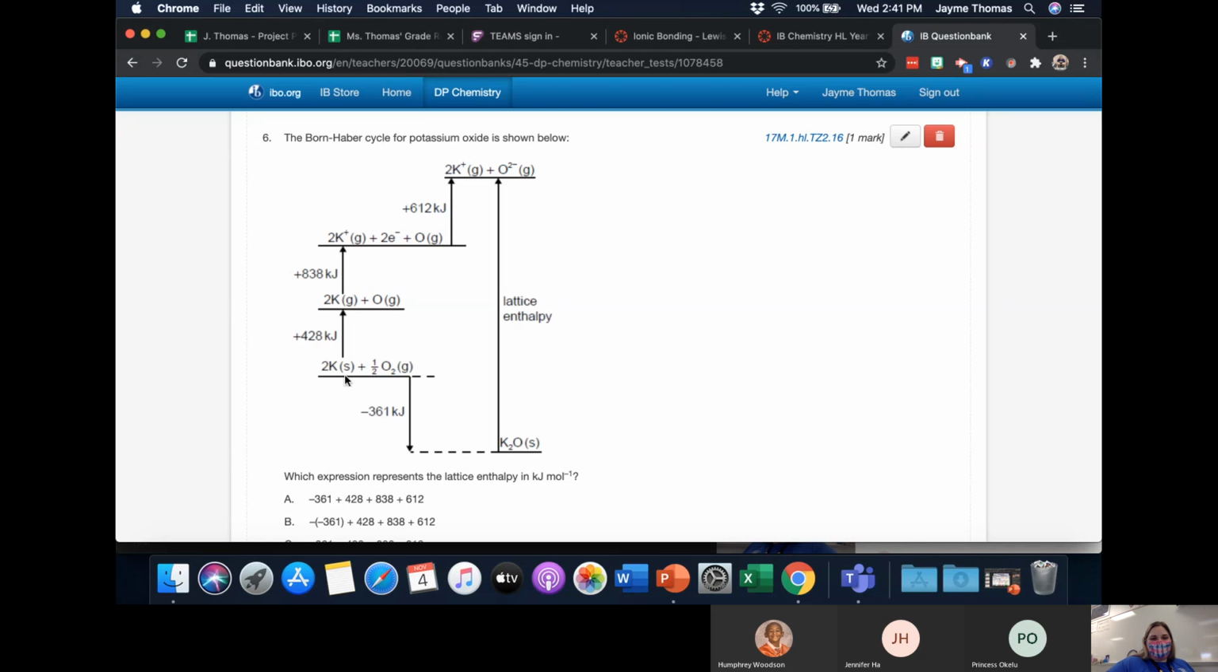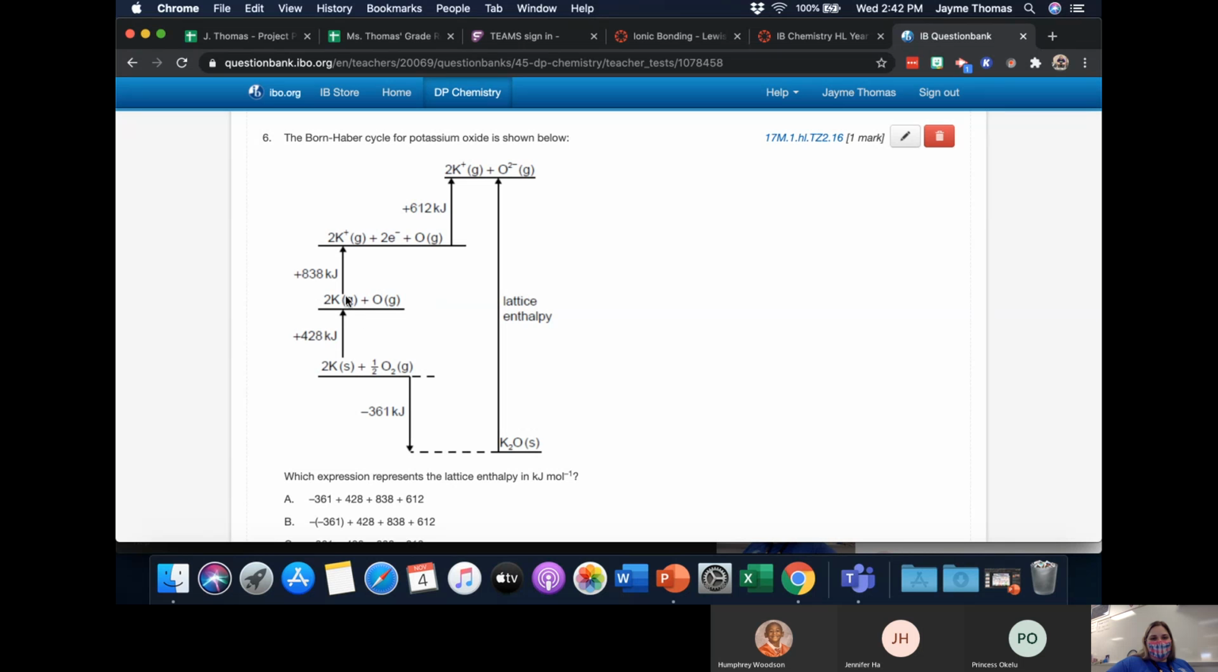their standard state. So this is solid, this is gas, okay? So that's the enthalpy of formation. The lattice enthalpy is this solid ionic compound breaking down into the gaseous ions, okay? So when you construct this cycle, usually you have your elements in the standard state. You do the